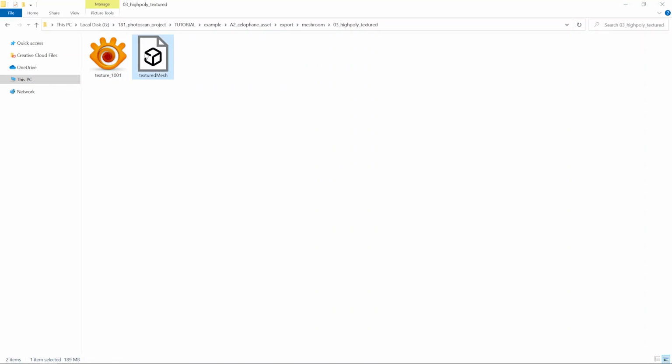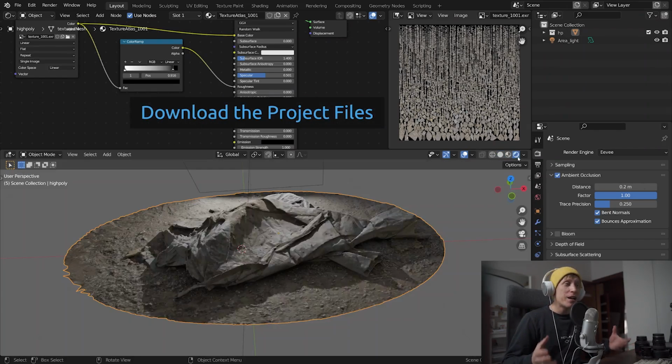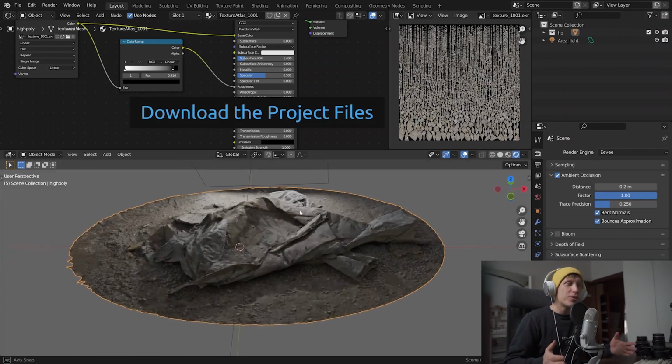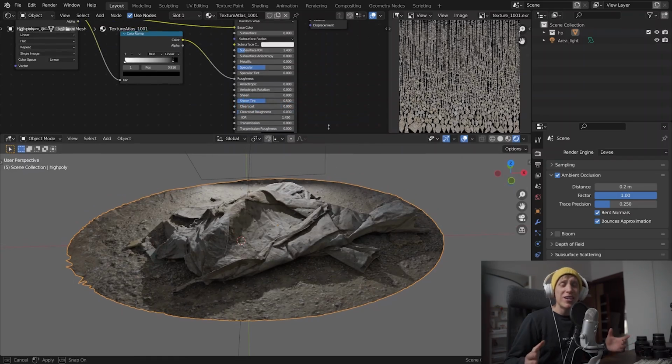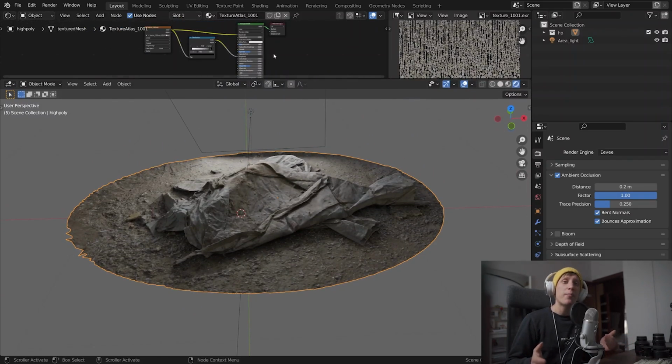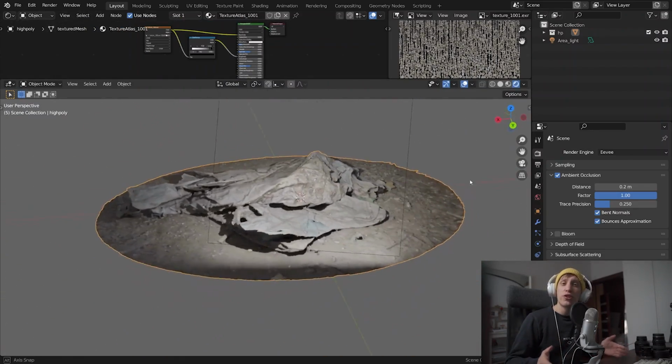Perfect! So that is it for the first major part of the tutorial, where we managed to generate a pretty good photoscan mesh using 100% free open source and cross-platform pipeline. In the second part though, we'll take this model and make it game ready by baking textures onto the low poly version of this model,